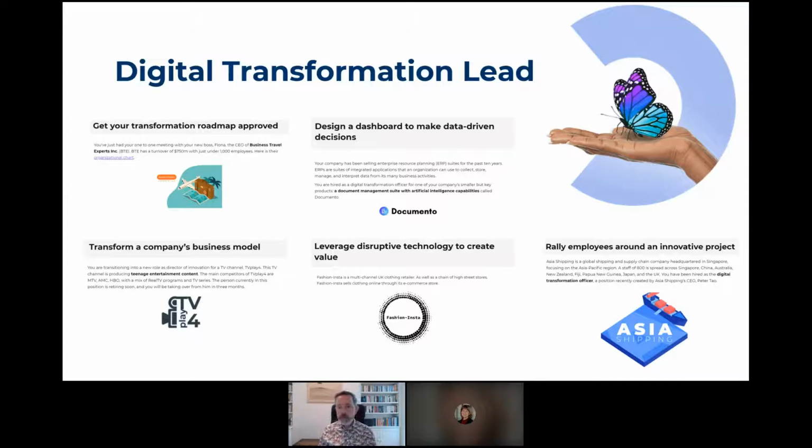And we use the shipping industry, which is, on the one hand, a really traditional and manual way of doing things, but which has been very much disrupted by the changing world of digital disruption. And so how is a company like Asia Shipping going to respond to that, to bring all of the people, the 800 people within the organization together to support this transformation that's in place, and to really create that culture